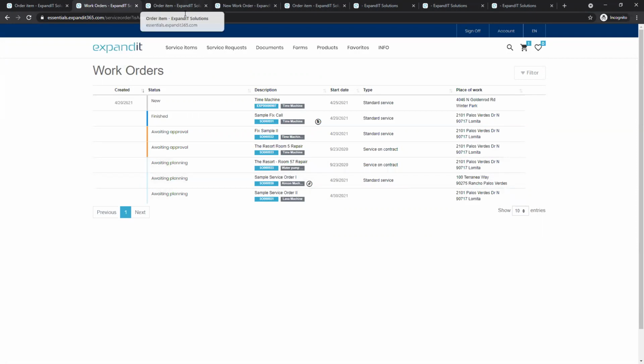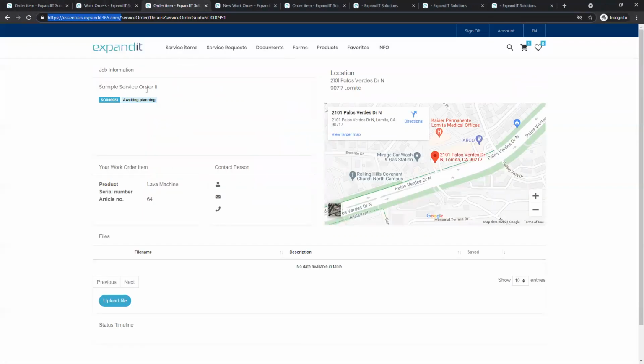So as an example, I can view the service order 2's set of information. And I can come in here and I can see, you know, where that item is, or if I have a contact, I can upload files. Maybe I want to upload, say, some images of what the problem is or what the error was. I can write some comments to the end user about what the problem is. So I can come in here, and not only can I view what the request was, but I can add to it, send more data down to the technicians, down to the planners,